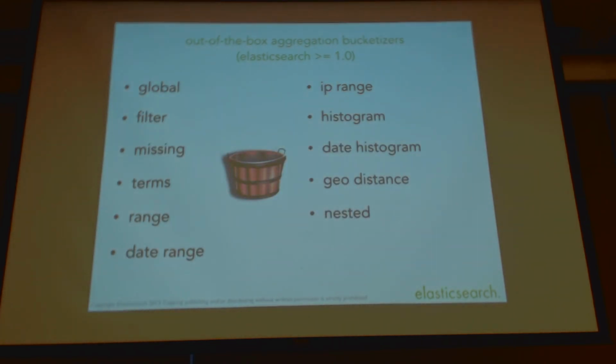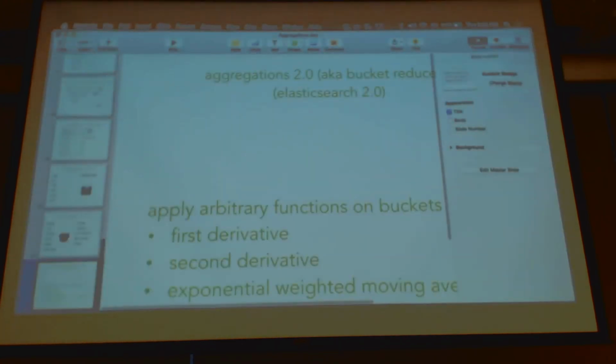And we even have more bucketizers. We can bucketize based on IP ranges, histograms, geodistance, even nested fields. And then coming up in 2.0,